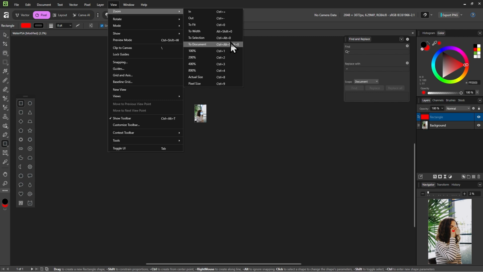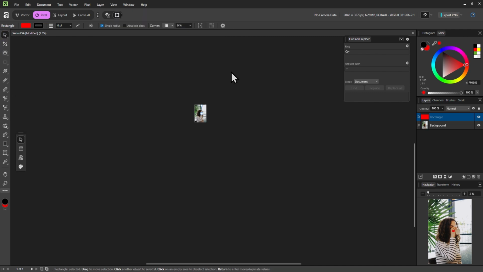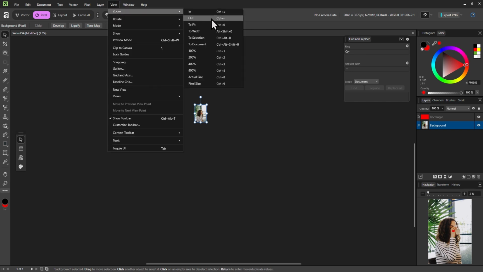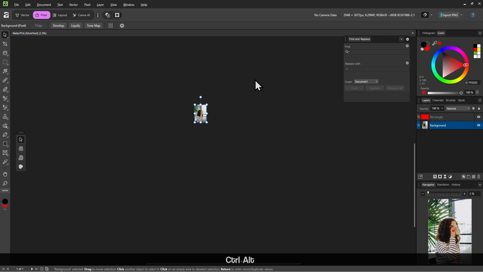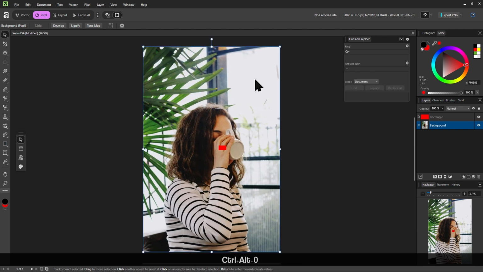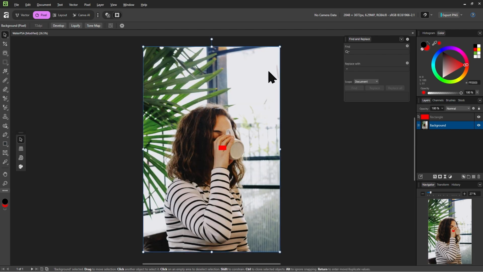Well, thankfully, we can go into the move tool and click on something that we want to zoom into. So for example, this image, we can just select that, go into View, Zoom, to Selection. The shortcut for that is much easier: Control plus Alt plus 0. Okay, that should be it for this video. Let's just get rid of this rectangle since we just made that as an example of what to do when you're zooming in. And into our quick quiz to make sure you've learned.